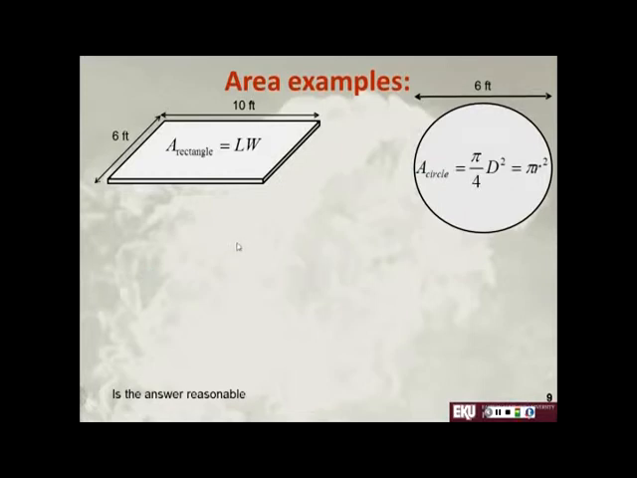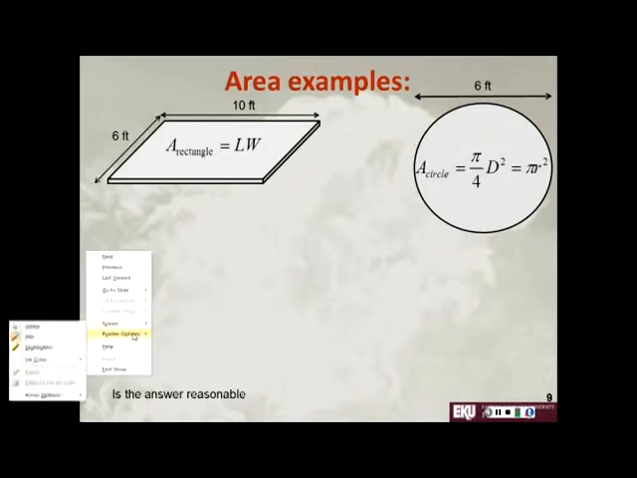Alright, so we want to do an example. I guess we're not going to use the actual pans. We're going to do a different example. We want to know the surface area of this rectangle and the surface area of this circle. And so we know that the area